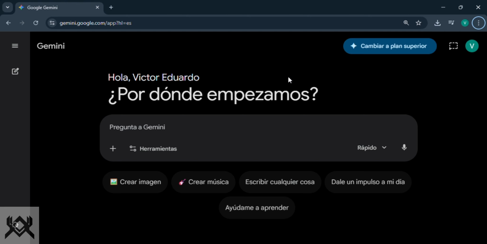Here we are in Google Gemini. Remember, these AI tools are very powerful because we consult, search, study and practice.